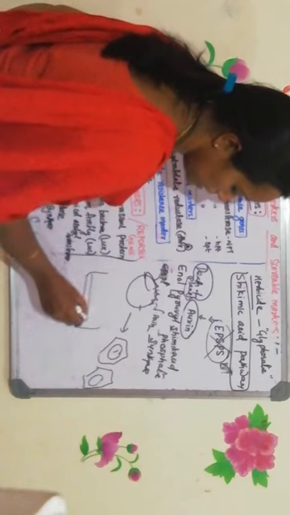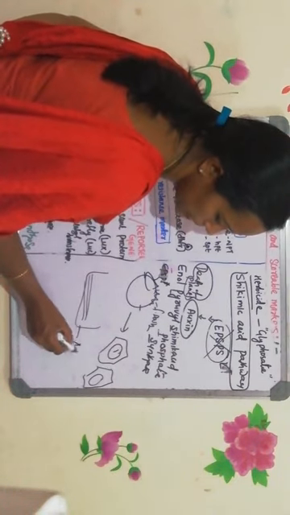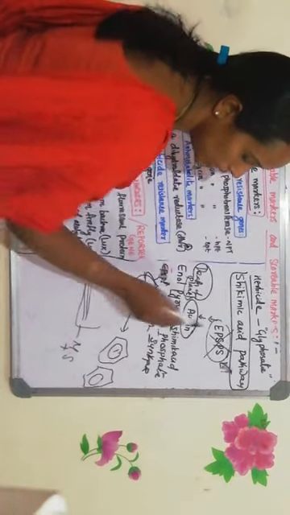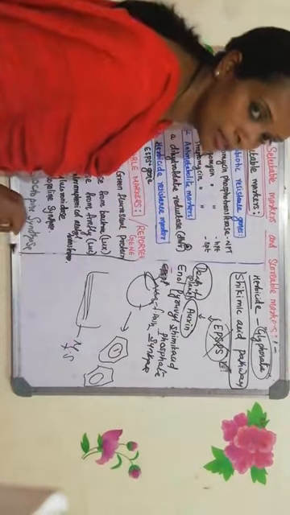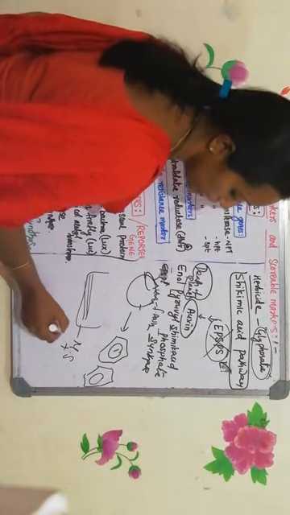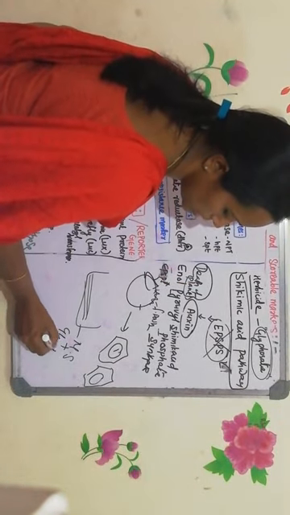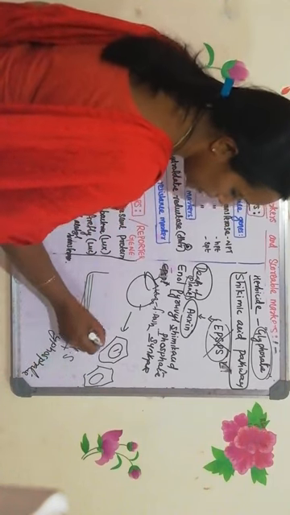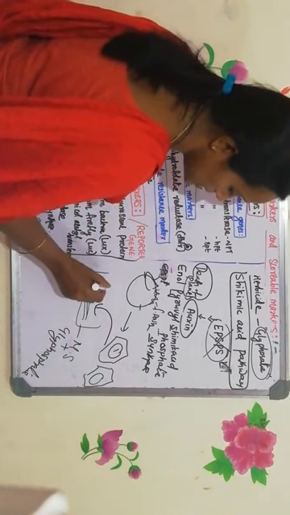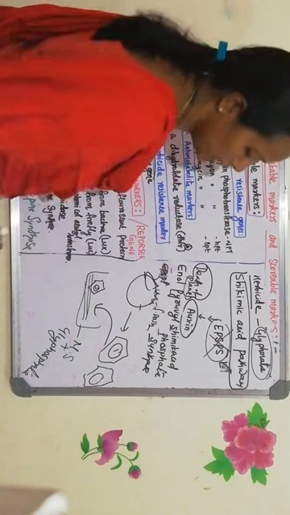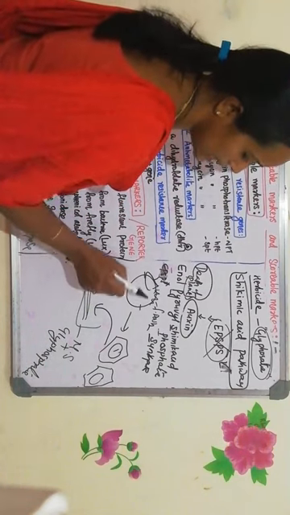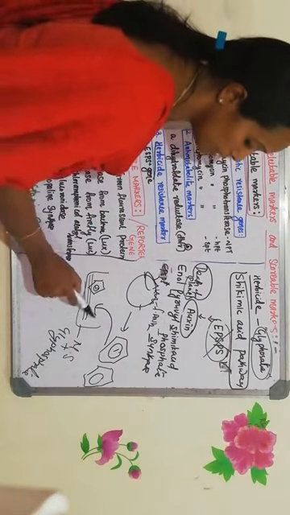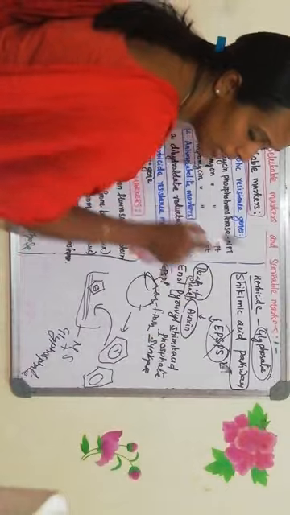You need to prepare the media. What is the media? MS media, plus what you have to add into the media? You need to add the herbicide. What is the most widely used herbicide? Glyphosate. MS media with glyphosate you need to prepare, and into that you need to culture the cells. If the cells are growing there, what does it indicate? That indicates that it has the mutated EPSPS. If it is a normal EPSPS, what will happen? It cannot survive because glyphosate will act on the EPSPS.